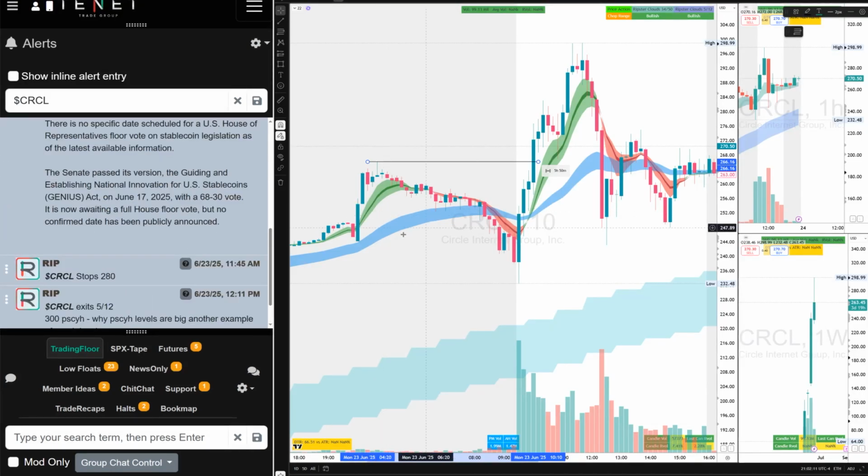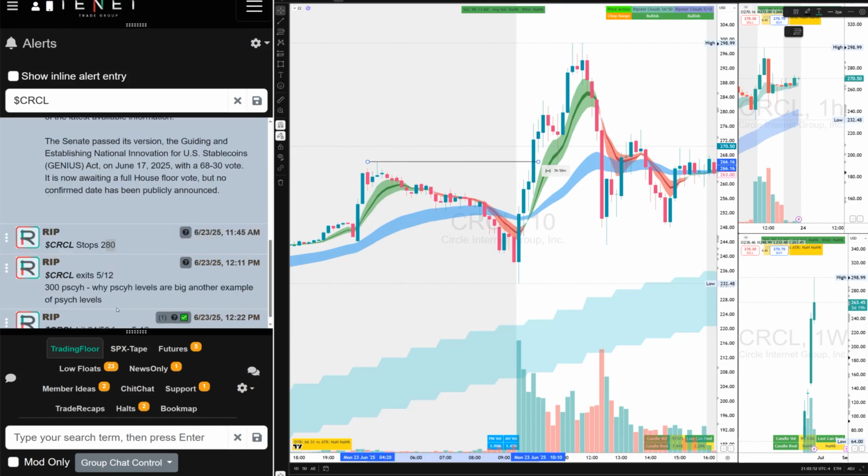And then the stops were 280. I did give the stops at 280. I did tell the traders that you can't have $2, $3, $4, $5 stops on Circle. It has a big range. You cannot size crazy. It doesn't mean you have a $1 million account and you buy 1,000 shares. That's not how it works. You buy a few hundred shares. So we had our 280 stops. See where we started with 245 stops and where we ended with 280 stops. Even if you respected those two stops, you still made $35.